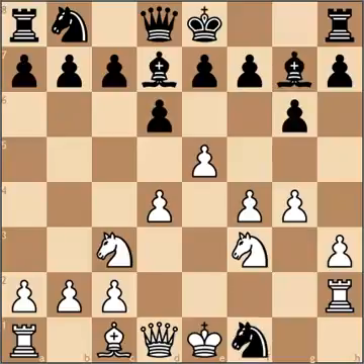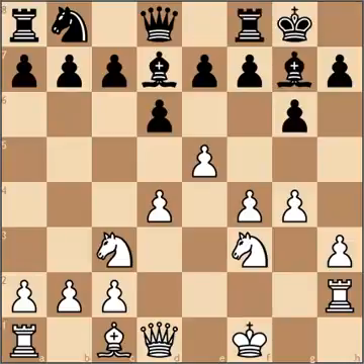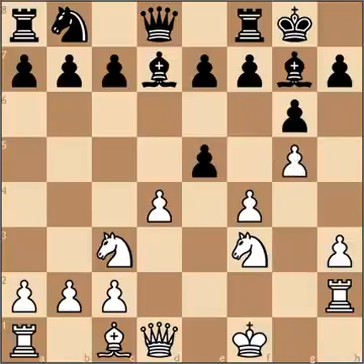So he goes knight takes f1, king takes f1. So he castles king side, and I go g5. I think it's good when you have a pawn on the 5th rank here, because if he tries to move his pawns here, you can always en passant, right? And I'm gaining more space as well. So he goes d takes e,